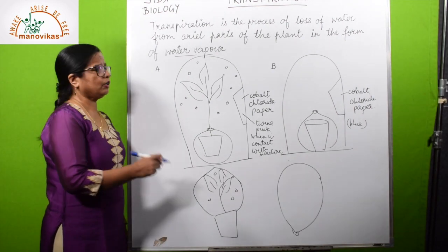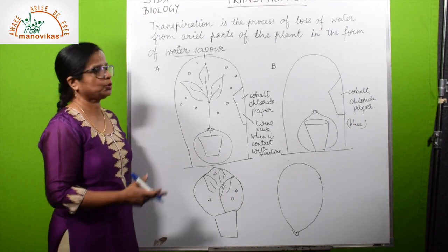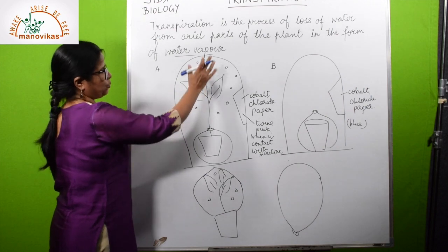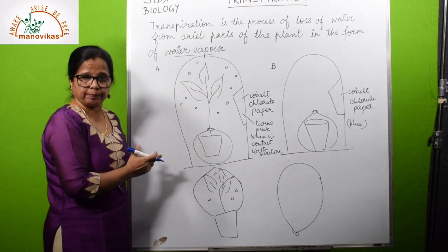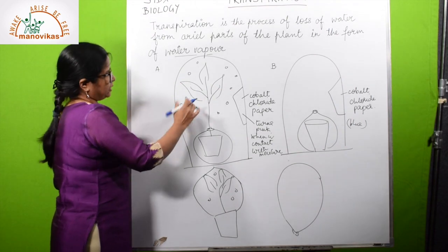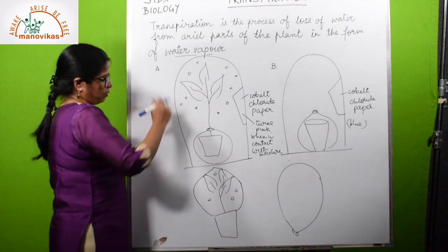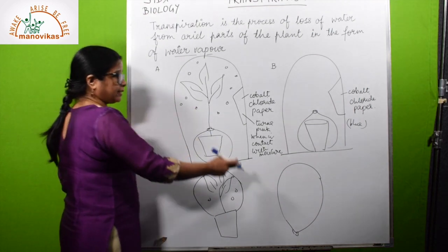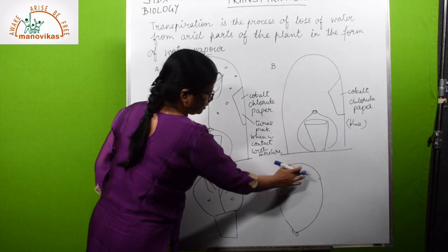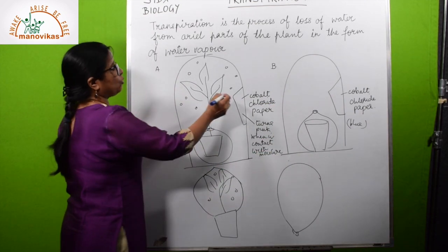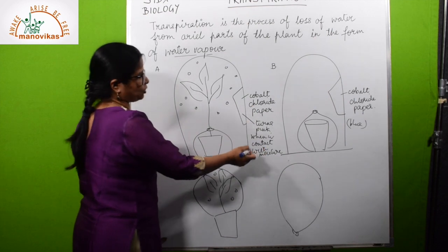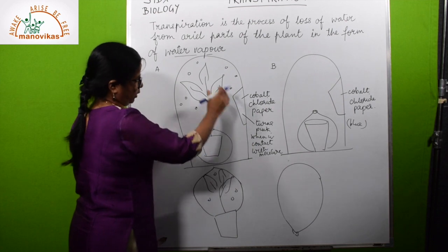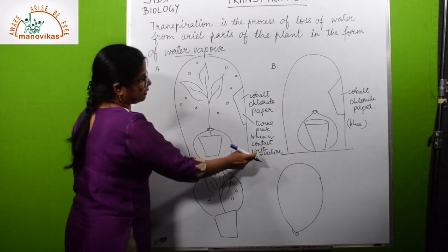Now let us draw some conclusions from these two experiments. The first conclusion is that water is escaping, it's moving out of the plant in the form of water vapor. It is getting condensed so we can see the droplets, but it is moving out in the form of water vapor in both conditions. This was the first experiment that we did. But in the second one, there is no such result found. There is no water gathered here. Secondly, cobalt chloride shows the presence of moisture when it turns pink. From blue, it turns pink. So in these two cases, it turned pink.